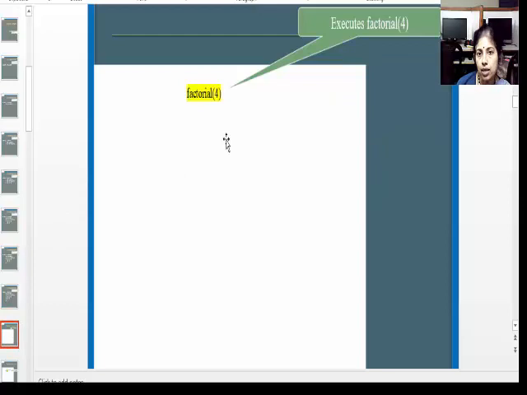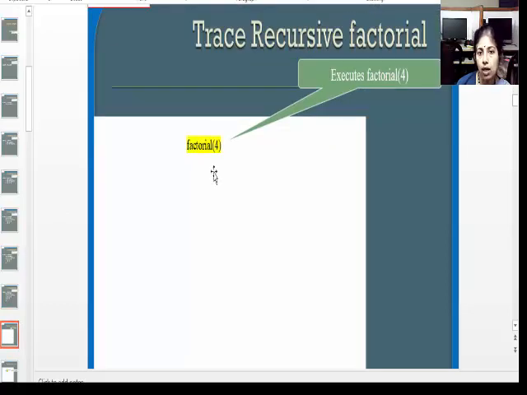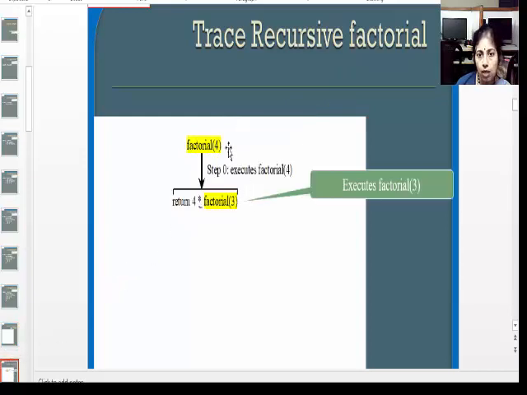So if I want to trace the recursion for factorial by passing the value of n as 4. Okay, so this is a function call where we are passing the parameter as 4. Now 4 can be evaluated as 4 into factorial of 3, because at this point in this function n value is 4. This is the current working environment in which the local variable n will have 4, and then you are again using a function call by passing the argument as 4 minus 1, that is 3.